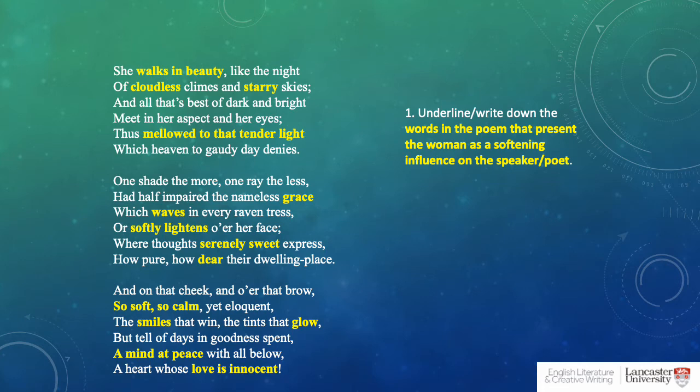So we have in the last stanza soft, calm, she smiles, doesn't grin, doesn't grimace, and the colors of her body and her hair and her face glow rather than burn. And we have also an indication of her character as something that is at peace with everything on earth. And by contrast to Byron's passionate, guilty, illicit, tempestuous, sometimes even violent affairs, her love has the innocence of a child.